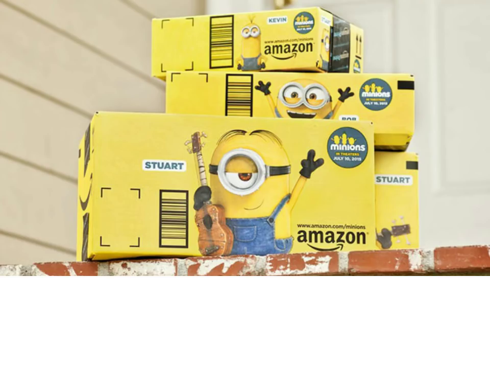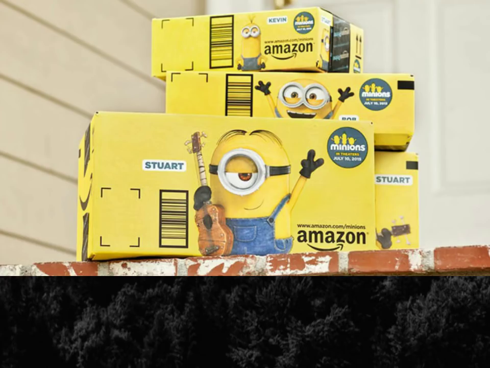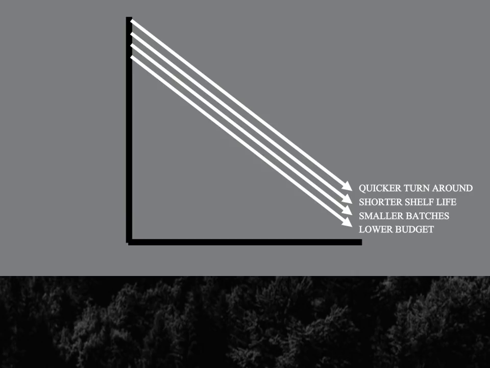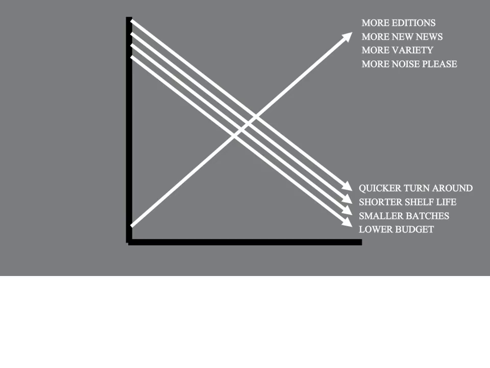I think in life, and this next chart is one that I stole from Ian Schofield, who works at Iceland, he talks about the pressure that his clients within his business, because he's in the business of getting packaging to shelf, are asking for quicker turnaround, shorter shelf life, smaller batches, and ordered on a lower budget. And yet, in the same meeting, they will also ask for more additions, more new news, more variety, and more noise, more activity. And the short run of digital print is his way of achieving all of this, of just using smallness as a creative advantage so that he keeps changing his runs and reacts to change around him.